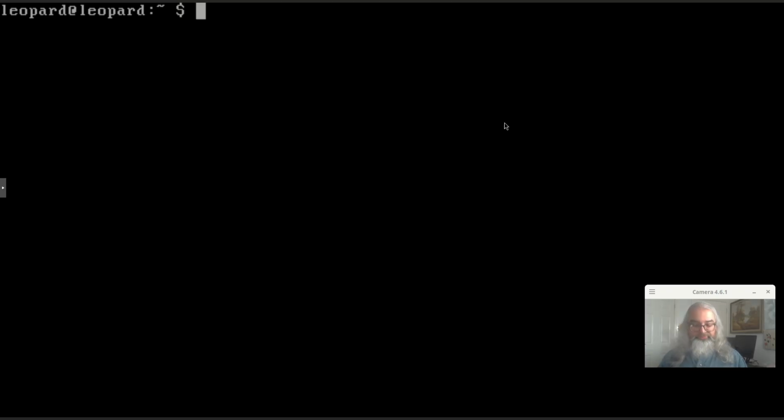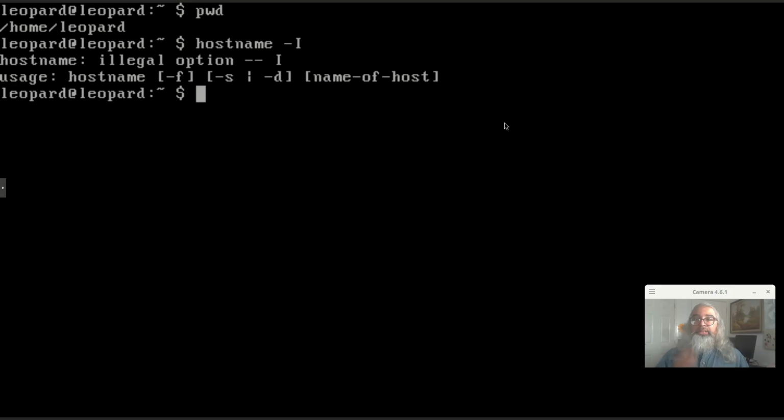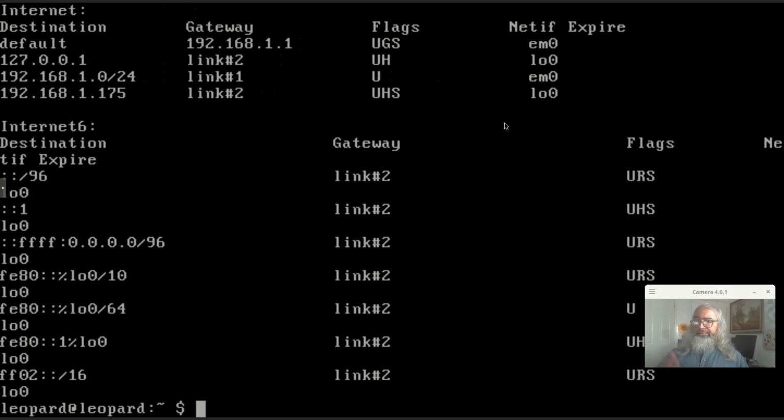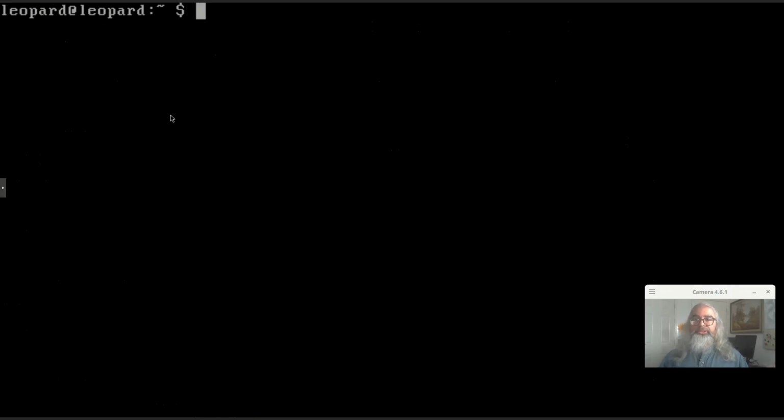So here, if I type pwd, you see it has a totally different path, and if you do hostname -i, it's going to tell you... Oh, sorry, it doesn't have that, because this is not Linux, so you have to type netstat -rn. Then it will tell you information about the server. It has a different IP address, 175. So we're going to clear this screen. Okay, if I type neofetch in here,